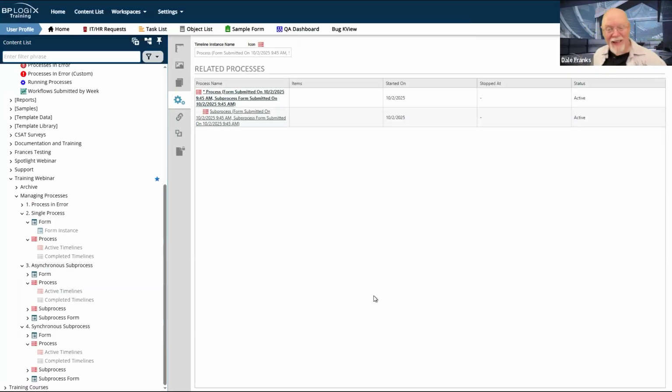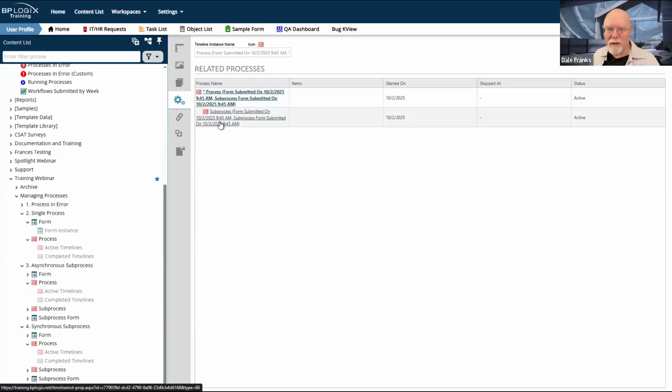And again, Process Director is going to want to reopen the last tab that was open. So in this case, on the previous timeline, it had opened up the related processes tab. So that tab automatically just opened up here when I looked at this instance. So that's a thing that happens, just so that you know. But again, I see my current process, which is this one. It's bold-faced, by the way, so that you know that we're talking about this one itself. But here's my sub-process. So that is a related process.